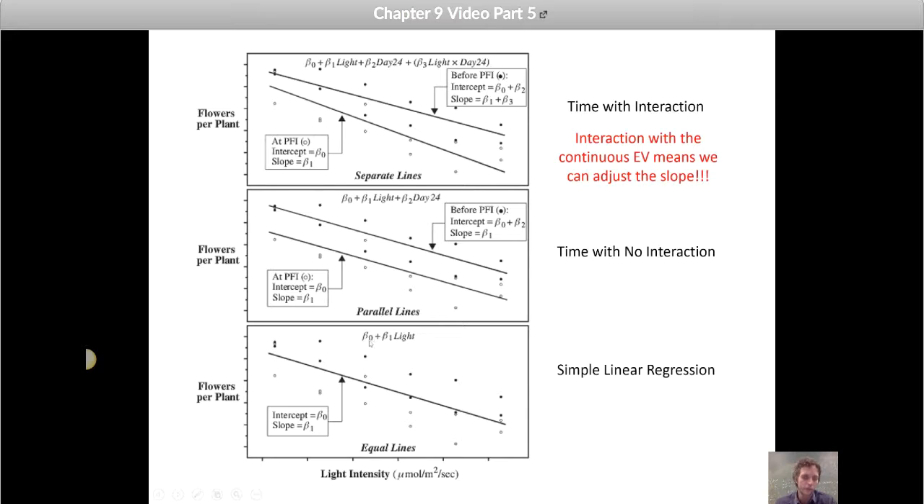There was no way to have adjustable intercepts or adjustable slopes. It's just all the same data, so we get one line. Then in chapter 9, in this video that we just looked at